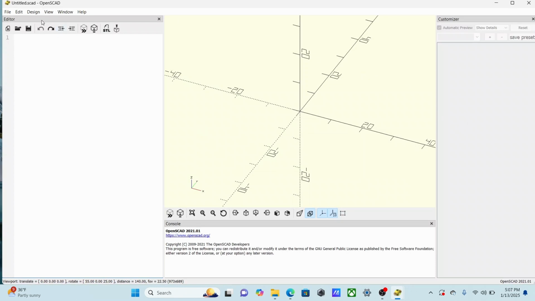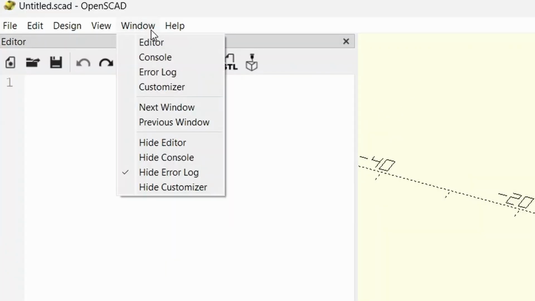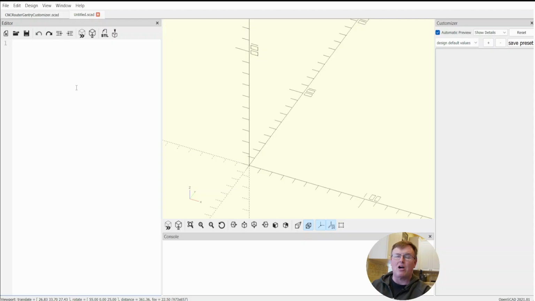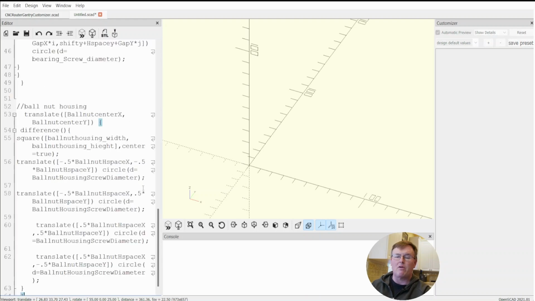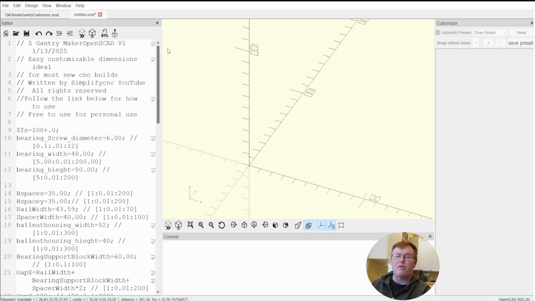If you're missing some of these windows, we particularly are looking for this editor, this main display, and this customizer. If something's missing, come over here and click on it. If you went ahead and copied the code that I put in the description section below this video, literally left clicking, dragging, selecting, right clicking to copy to clipboard, and then installed OpenSCAD, come in, create a new file, come into the editor window where you see my cursor now, and right click with your mouse button. You can paste in the code,